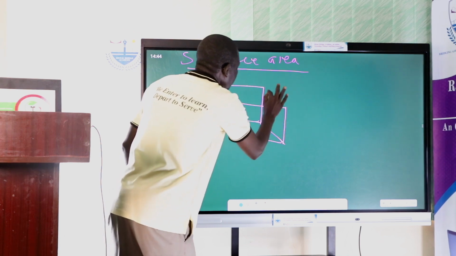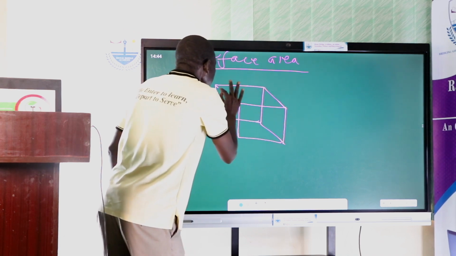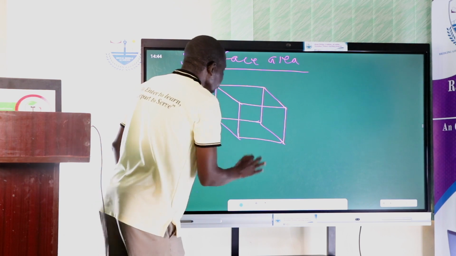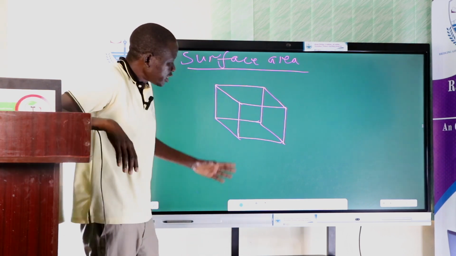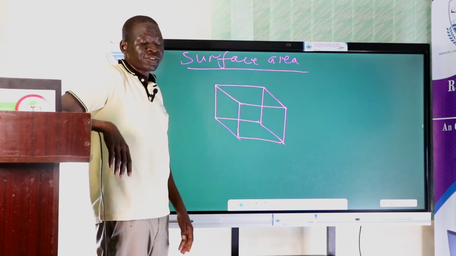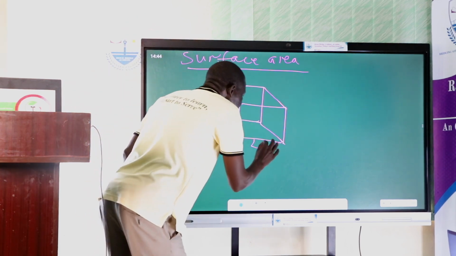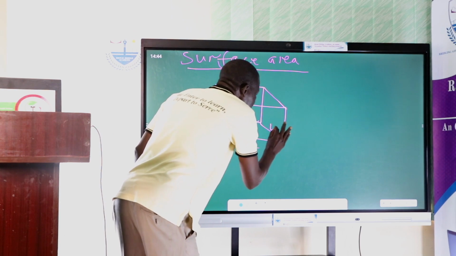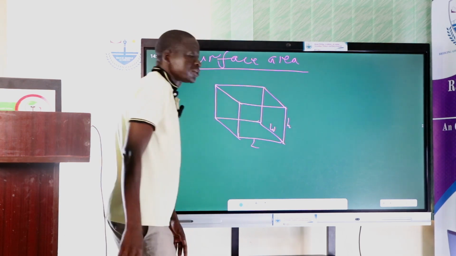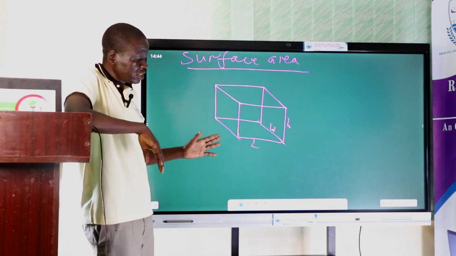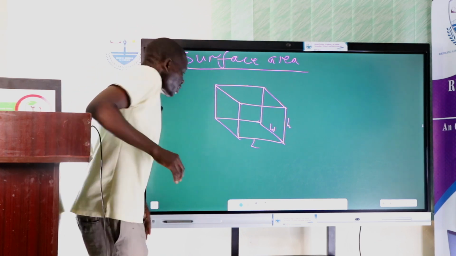This is how a cuboid looks like. It looks like a box. So you can see that it has 6 faces. It has what we call the length, the width, and then the height. So if we are finding the surface area